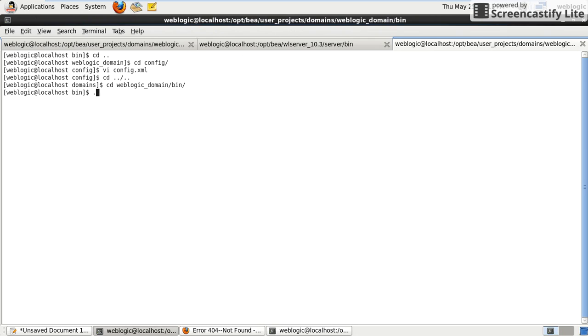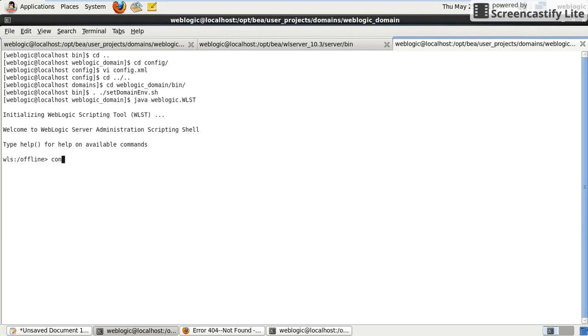In my domain, first invoke WLST. Now connect to the admin server with the username, password, and your admin server URL.